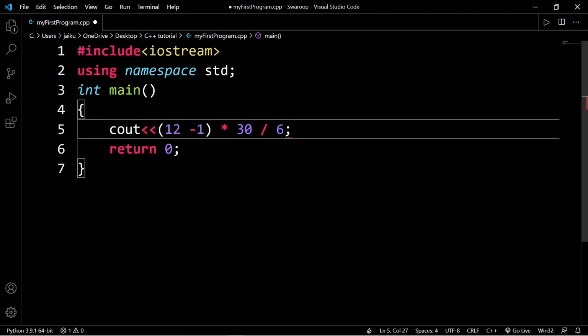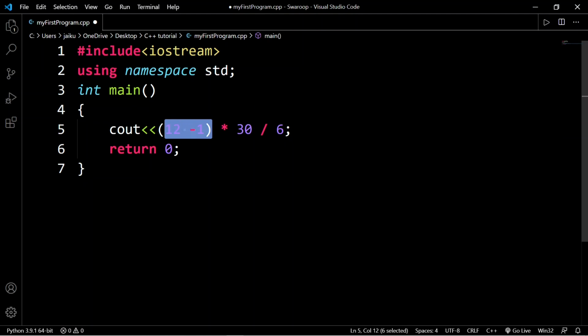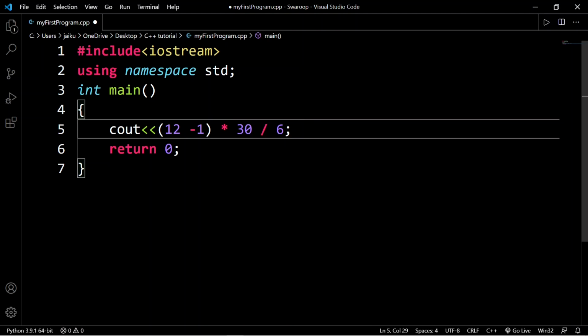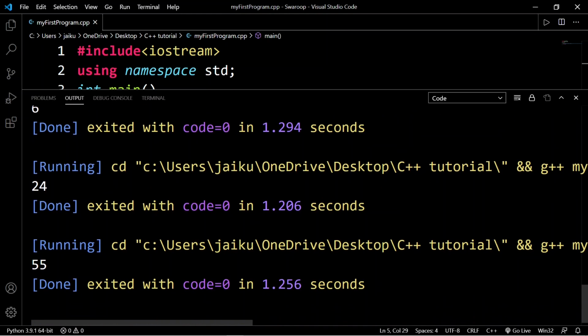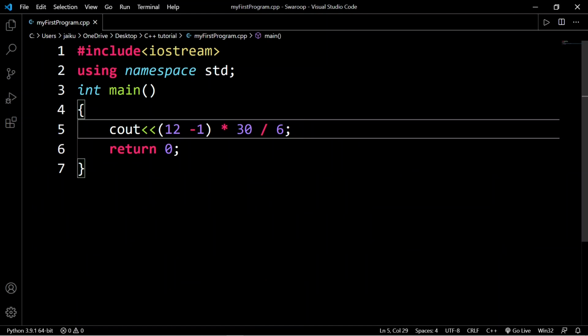So now the first thing it will do is solve this bracket. Then it will do this 30 by 6, and then whatever the answer is, it will multiply it. Means the answer should be 11 into 5, 55. Okay, just play. Yeah, here we are. We have this 55. This also follows the BODMAS rule.